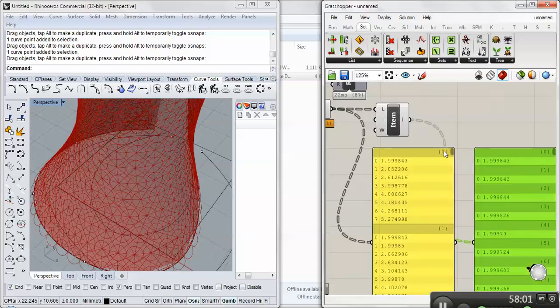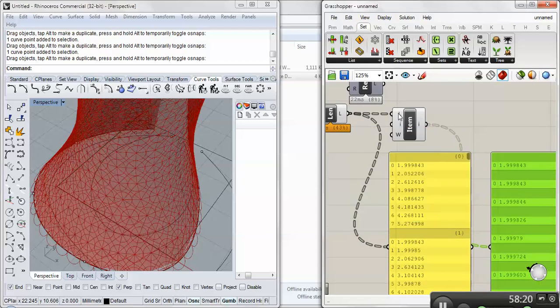So if you look here on the right, this is your branch. This is one of the solution points, and the first item in the list is 1.9, blah, blah. The item selector grabbed that one item. And so now, instead of a list of 498 times 8, I have a list of